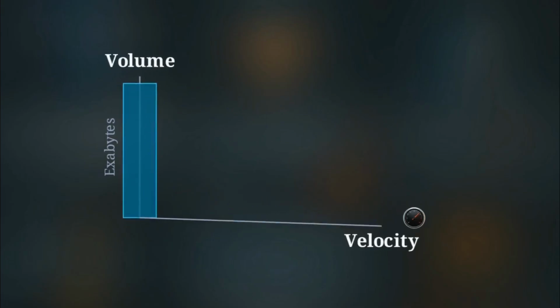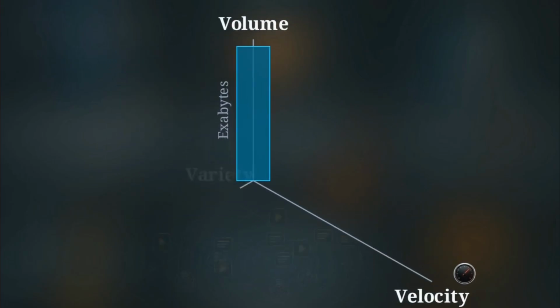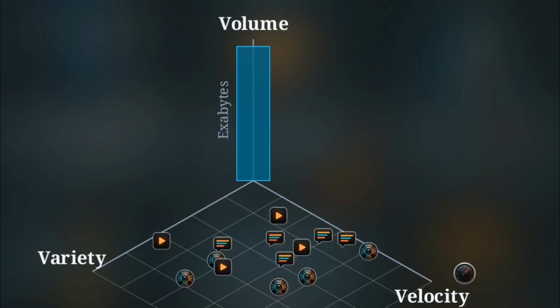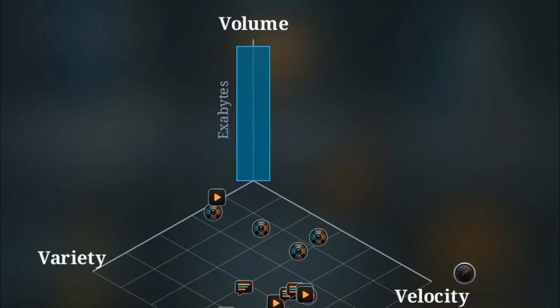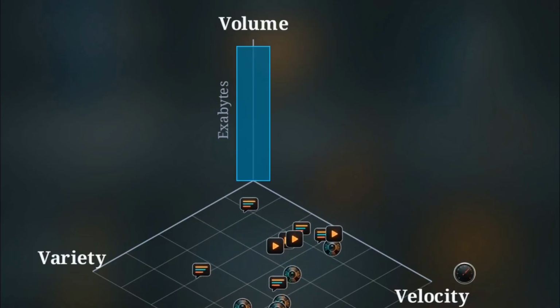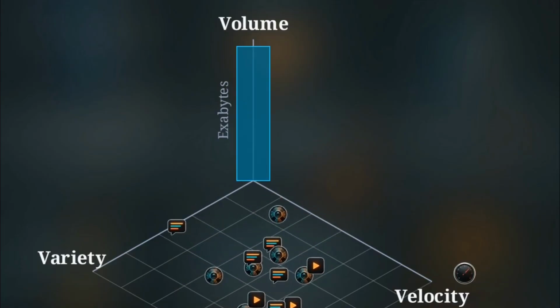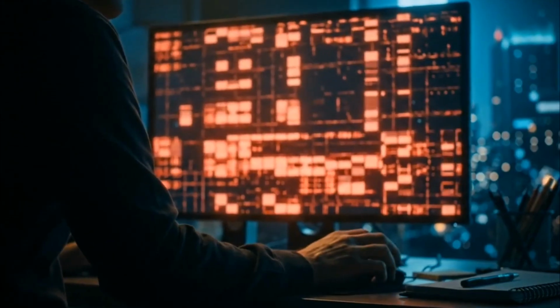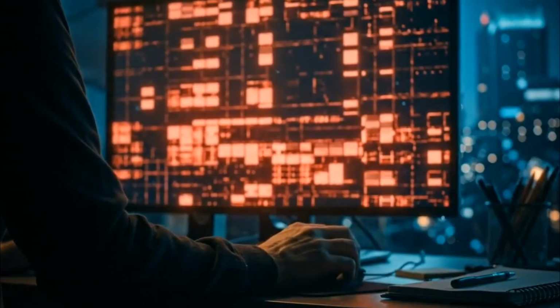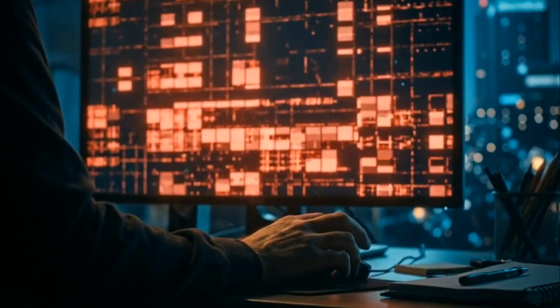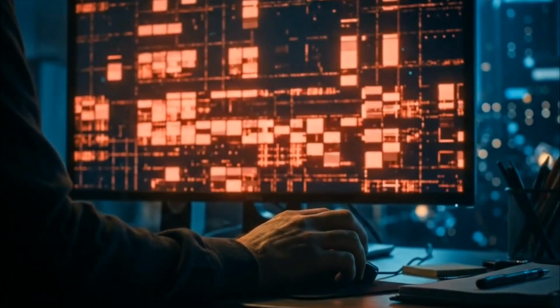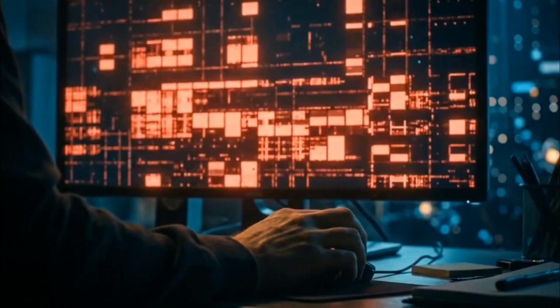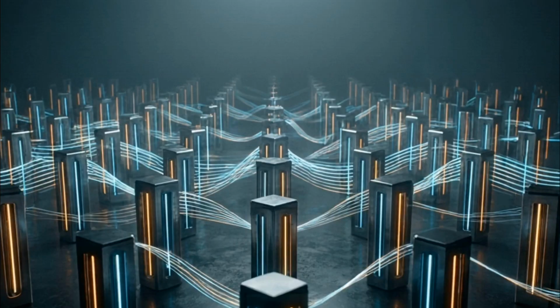Finally, we expand into the third dimension, variety. This data isn't sitting in neat, identical rows. It's a chaotic mix of text posts, video streams, pause times, and physical sensor readings, all arriving at the same time. Without a rigorous method to organize this massive, lightning-fast flow of information, any predictive algorithm would be completely paralyzed by the noise. This brings us to the specialized infrastructure required to refine that chaos.